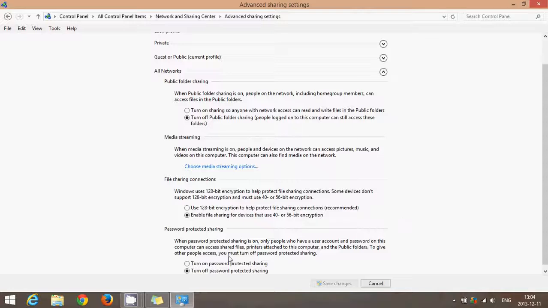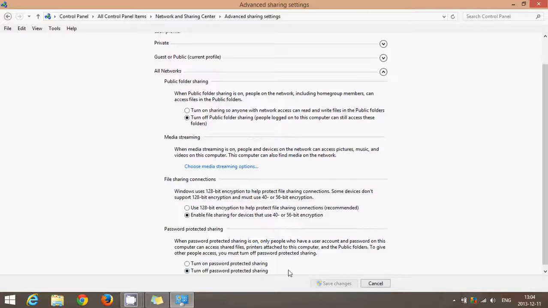And finally, you can turn on or off password protected sharing. This is the way to protect. If you don't want everybody to access your folders and files, then you'll turn it on. And actually, I'll make a separate video about protecting your folder and your network eventually. If you're only sharing between your own computers on your own network and you don't really mind, you can turn off